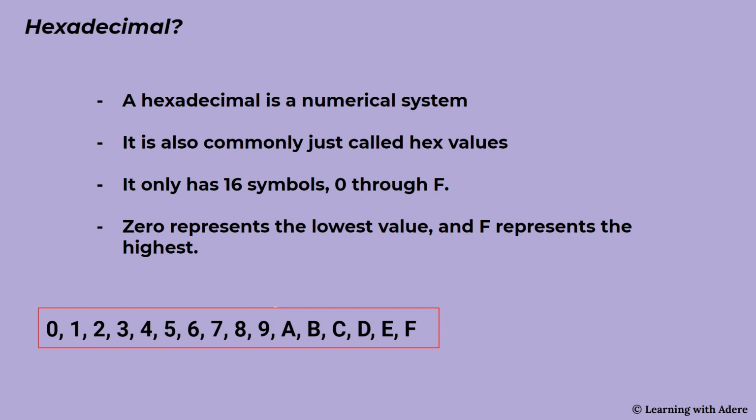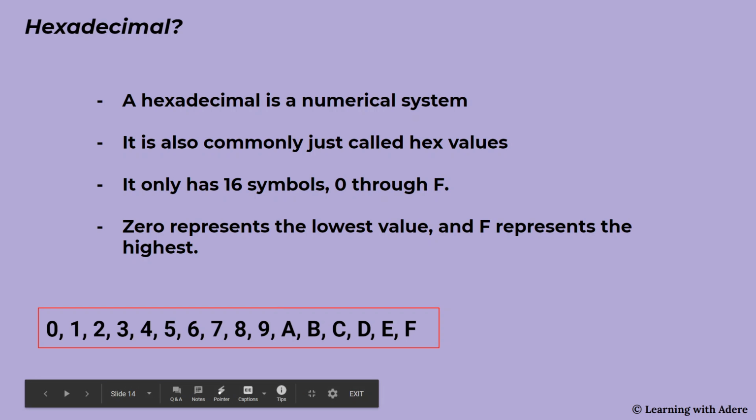So a hexadecimal is a numerical system, and it is also commonly just called hex values. The hexadecimal numerical system only has 16 symbols, and it goes from 0 through F. So 0, 1, 2, 3, 4, 5, 6, 7, 8, 9, A, B, C, D, E, F, and then it